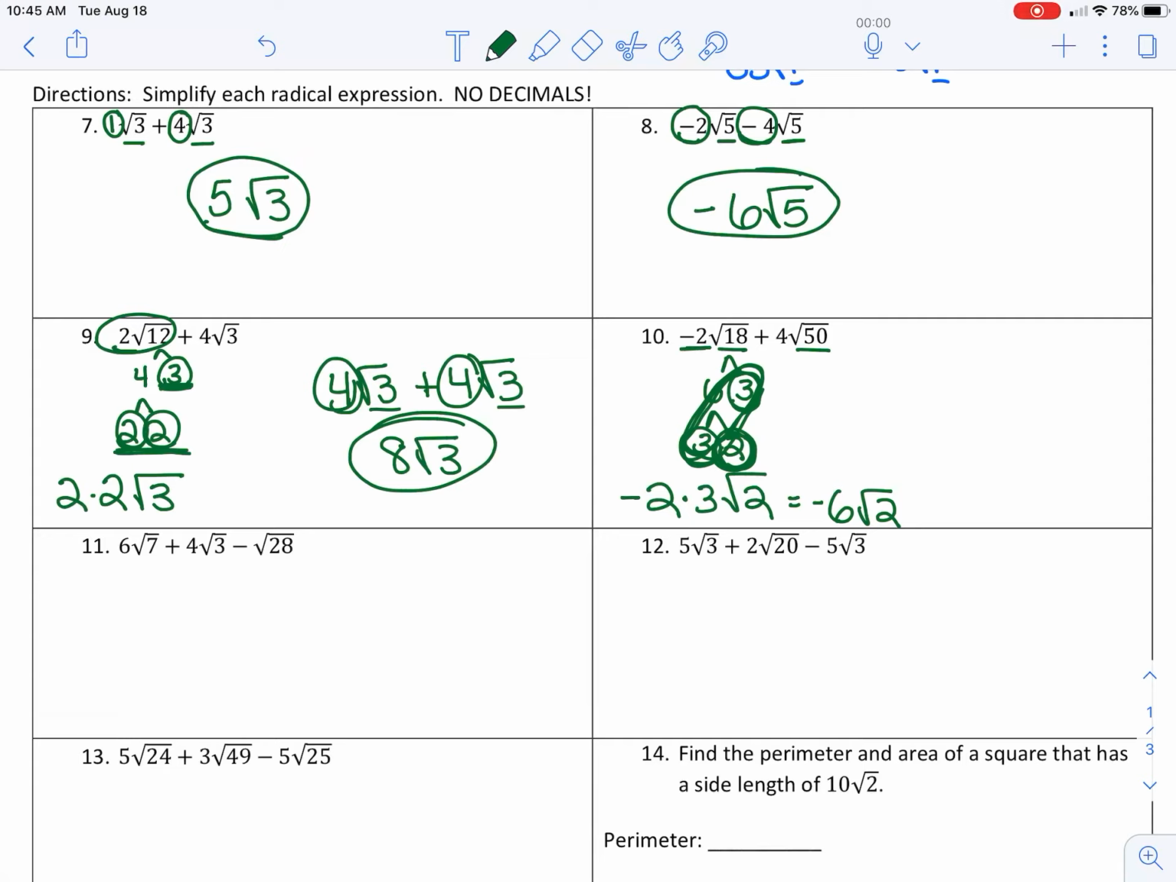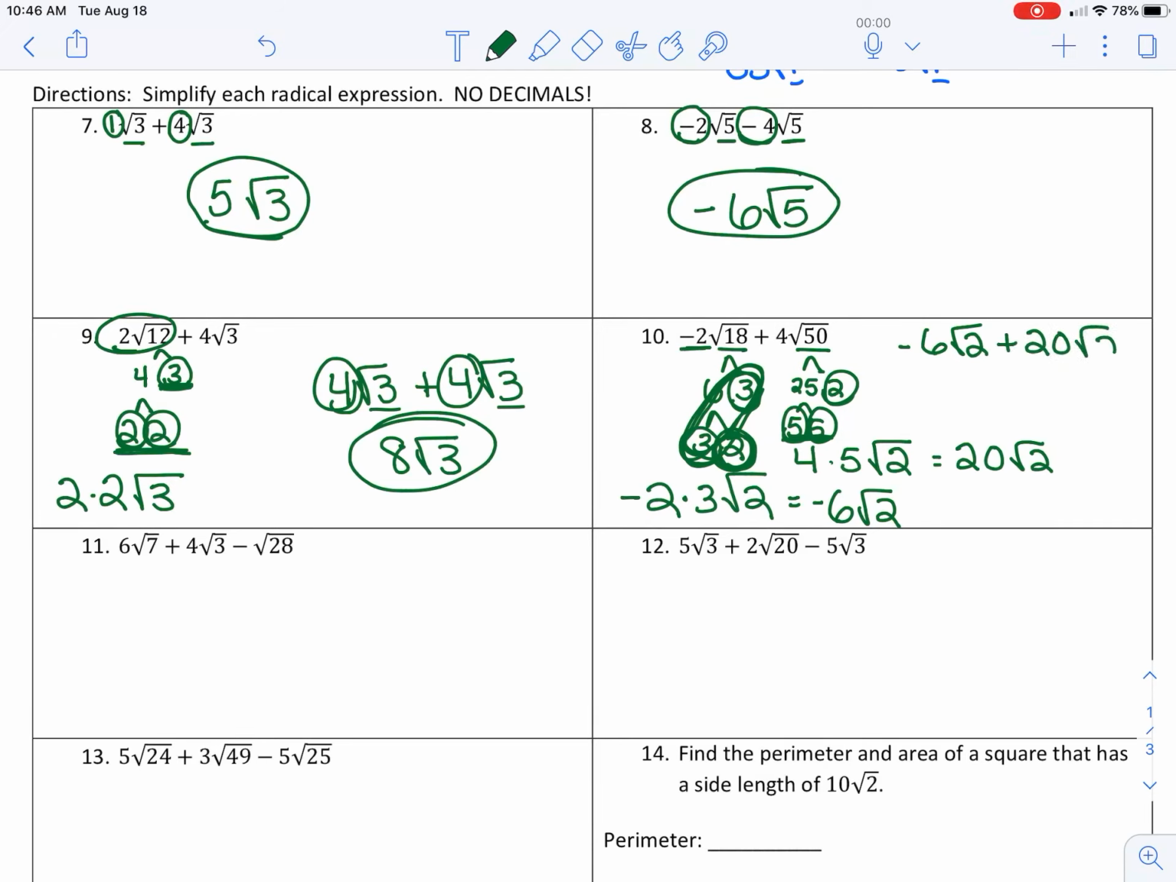Okay, now let's break down the 50. So if I break down 50, I get 25 times 2. 2 is prime. 25 breaks down to 5 and 5. And then I can say, okay, well, I have that 4 out front. I have a pair of 5s, so I'm going to bring one of those out. And I have a loner 2 that's going to stay underneath the radical. So I have 4 times 5 is 20. And then the root 2 stays underneath the radical. So I end up having negative 6 root 2